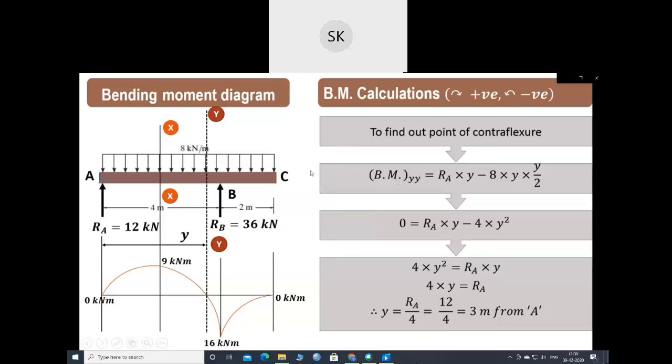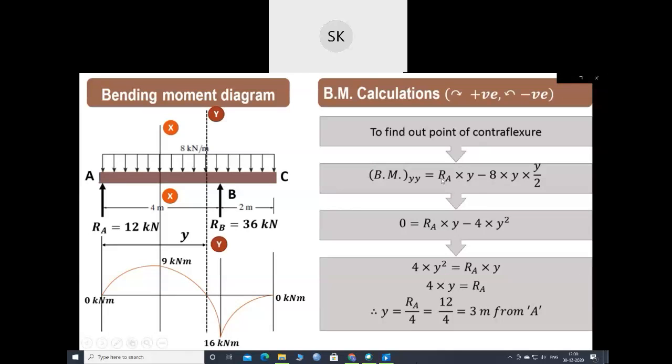So bending moment at point YY. Again, we have to consider all the forces which are acting on the left hand side of this section, that is YY section. So on the left hand side of this section YY, there is upward acting reaction, that is RA, and the UDL of 8 kilonewton per meter acting for Y meter length. So again, RA will produce, it is the upward arrow, it will produce the clockwise moment about YY. So it is RA into Y